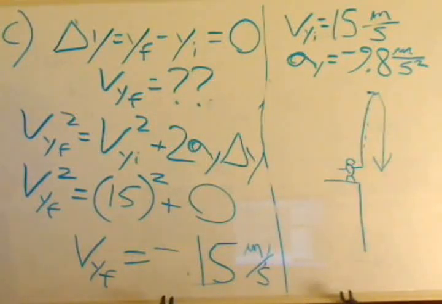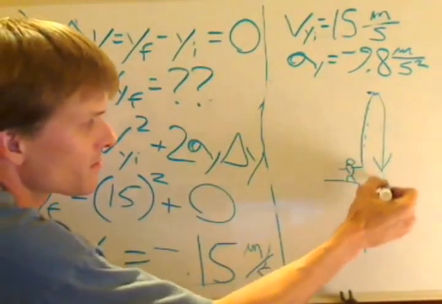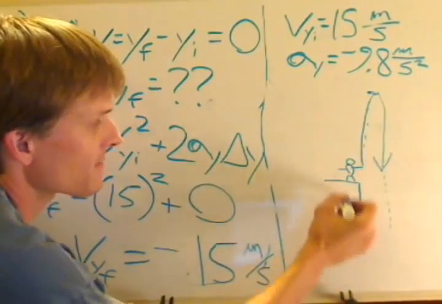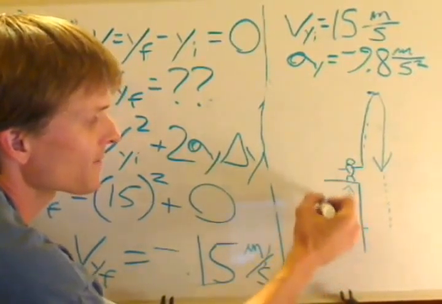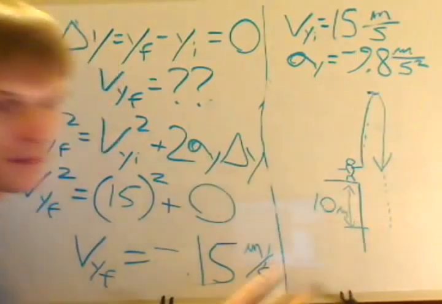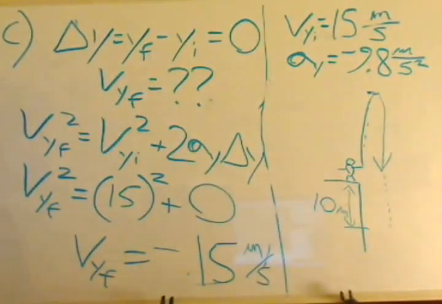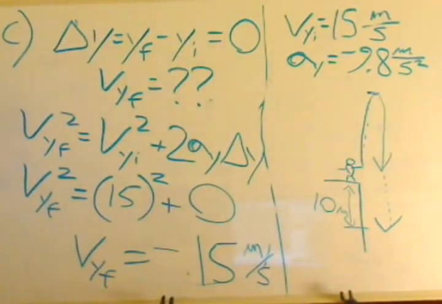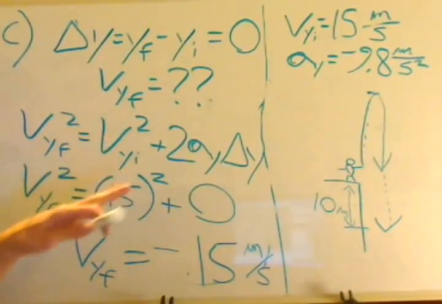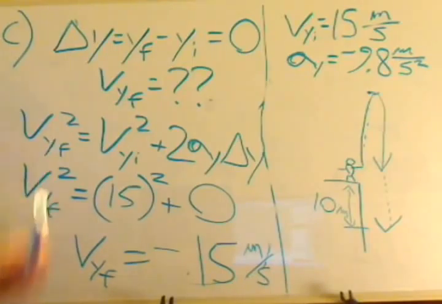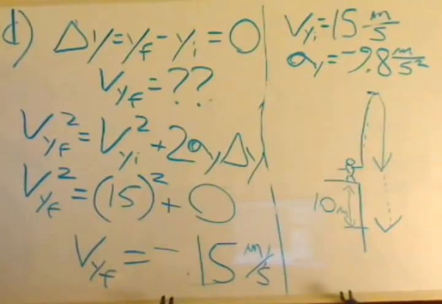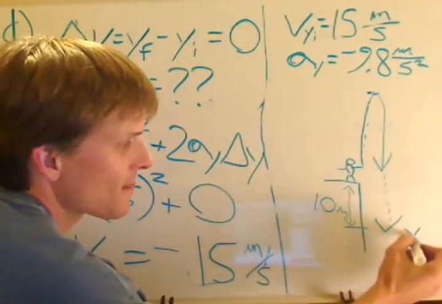Okay, now part D asks, the ball is now 10 meters below the man, so he's now a 10-meter distance below the guy. And we were asked to find the velocity of the ball when it's down here. Now, it turns out this problem is almost exactly identical to part C. The only difference is that our final height